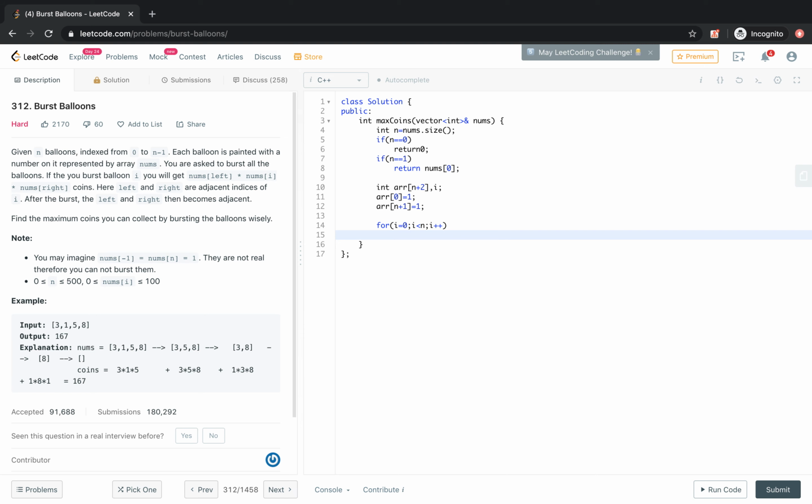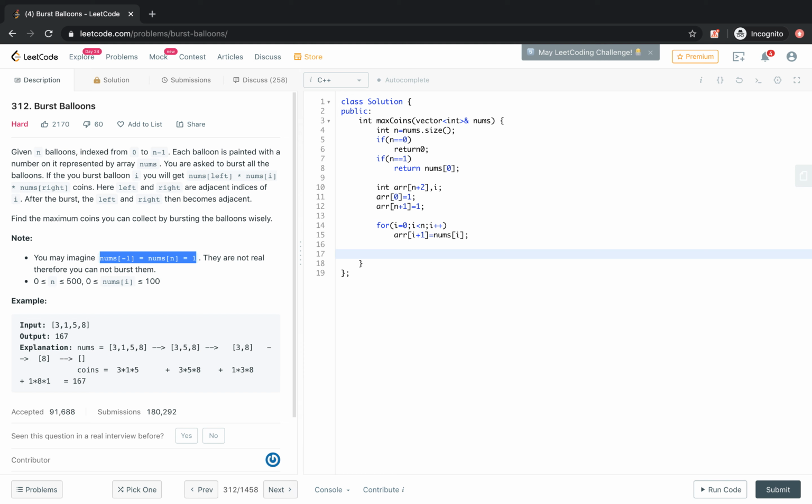We'll just copy the value: array of i plus 1 equals nums of i. Whatever the nums values are, we just copy them into the array. So in the array we have all the elements of the nums vector, and at the leftmost and rightmost boundaries we have inserted 1 and 1, as mentioned in the note, you can see here.